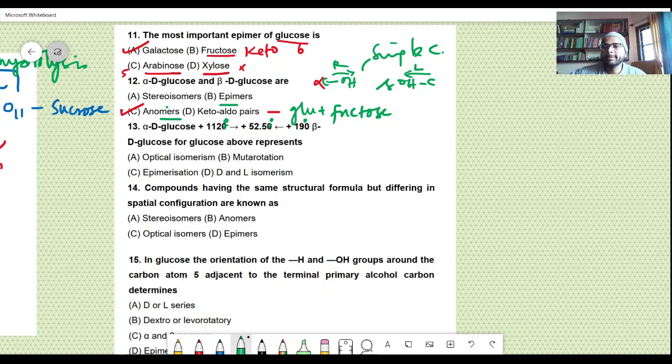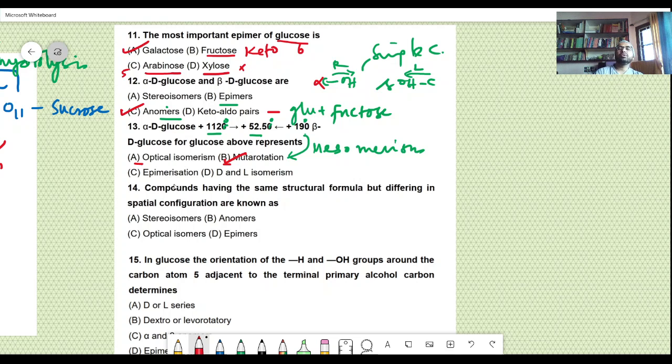It's an optical isomerism actually, but it represents that you have alpha glucose with an optical rotation of plus 112 and another isomer at plus 52. When you put them together, they rotate and settle at 19 degrees. So that is mutarotation. Sometimes, as I told you, if they cancel each other we can also have mesomerism. So the answer is mutarotation of glucose. Optical isomerism is also within that, but because of the fallout we get this. So you have to be very careful in choosing between A and B.